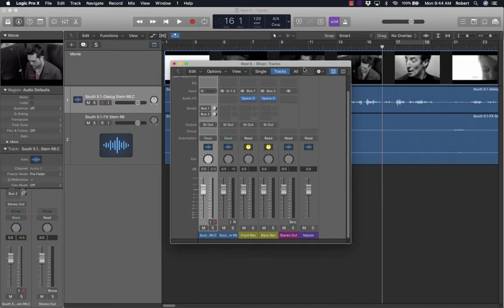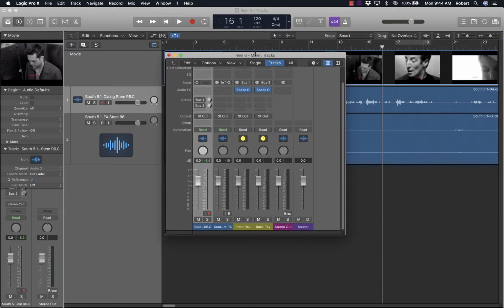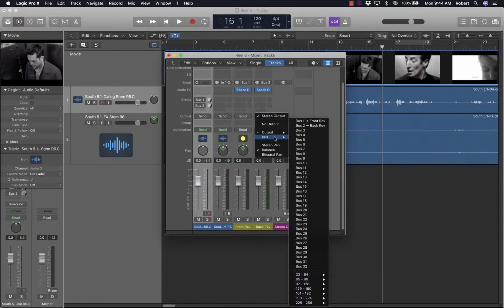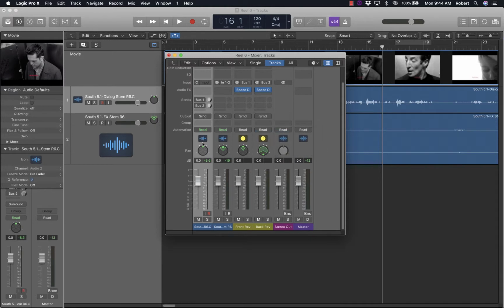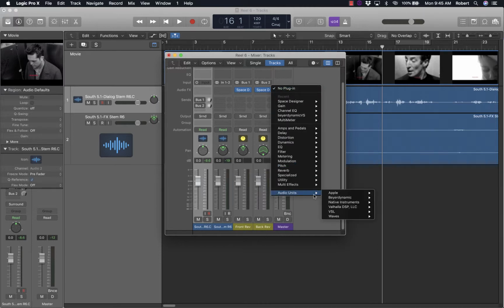Setting up Logic to be operating in 5.1. So firstly, with your project, each audio output of the channel needs to be in Surround. You'll notice that when Surround is selected, the pan tool changes to a Surround format. So that all of the output for these channels will now be directed out of the master, which is in Surround. The next step is to load the Dynamic